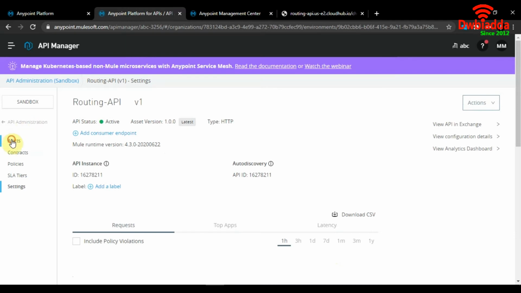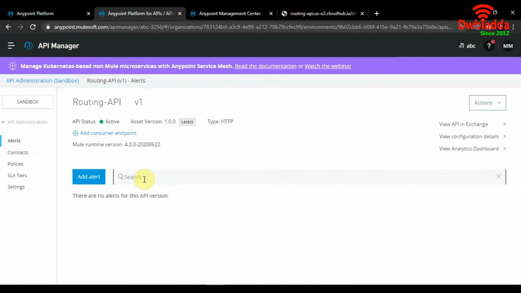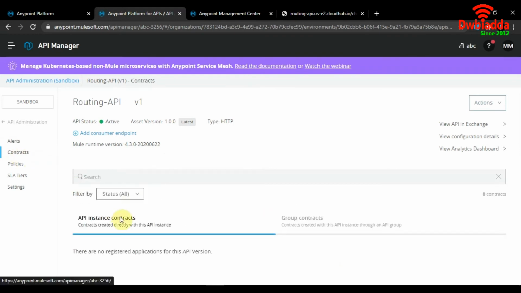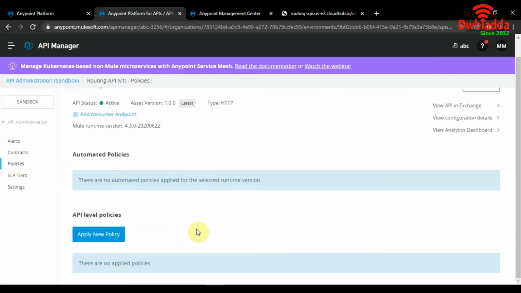So if we look under alerts here, we can set alerts for specific events in our API. Under contracts, we can see the applications that are currently using our API. Policies is where we set policies for our applications such as throttling policies, security policies, and whatnot. We'll add a policy here.